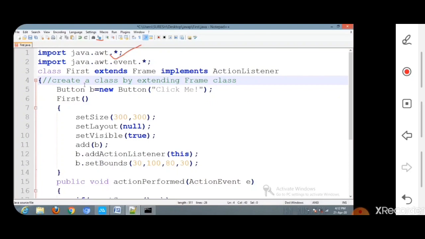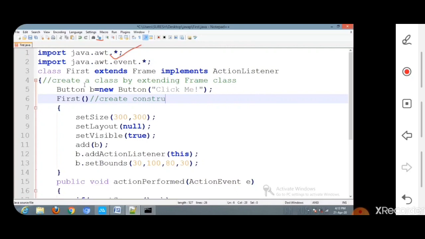Then inside the body of the class we have to create a constructor. Inside that constructor method we set all the parameters or components which we require in our program. So create a constructor.